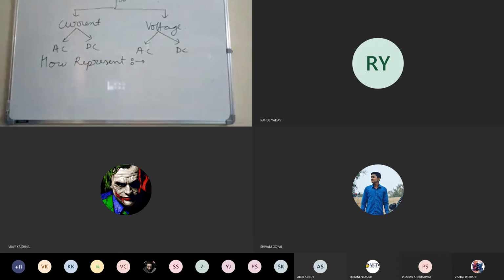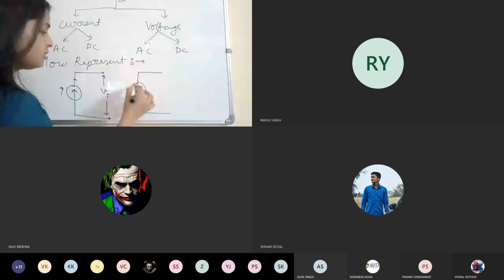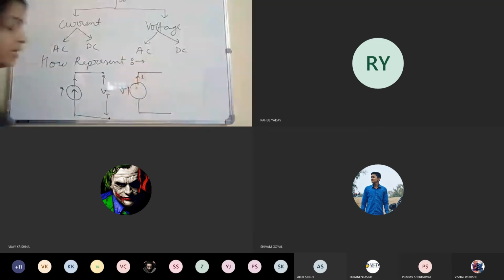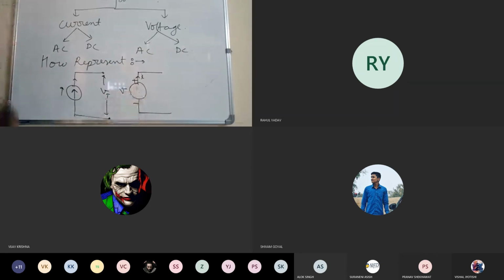Do you know how we represent it? Yes. A current energy source is always represented by an arrow. This is the terminal voltage VT. A voltage source is sometimes represented by V like this, and in some cases, instead of an arrow, it is represented by plus and minus. It doesn't matter, it will always be plus, it will always be minus.